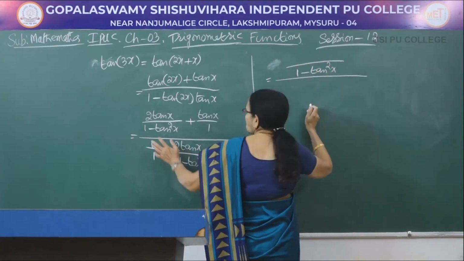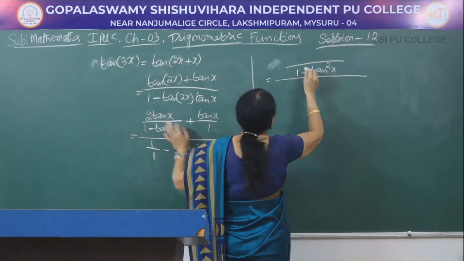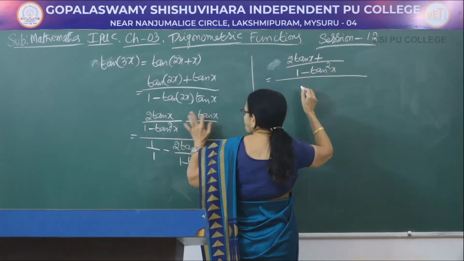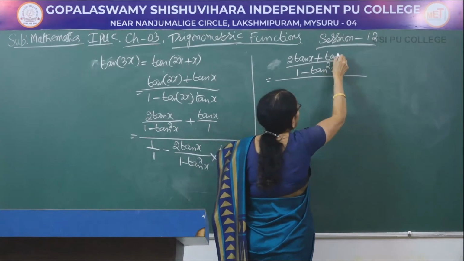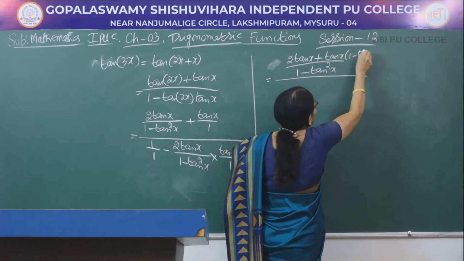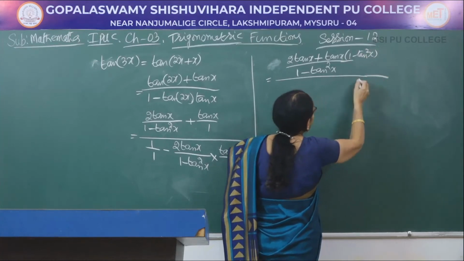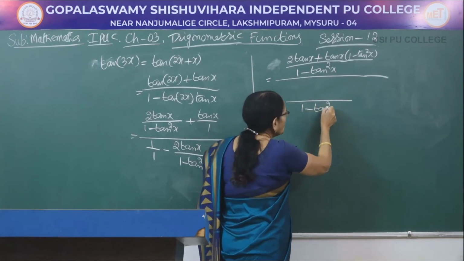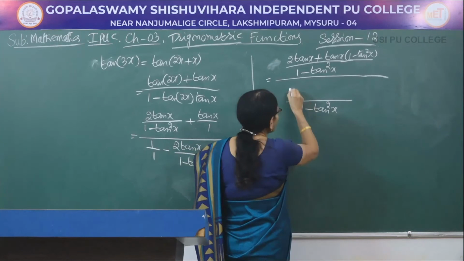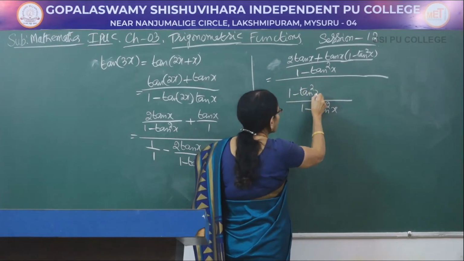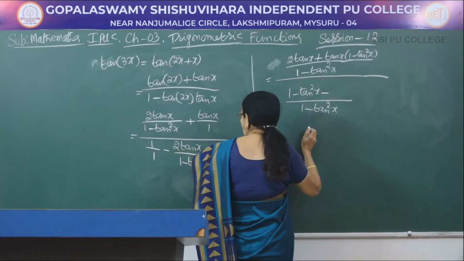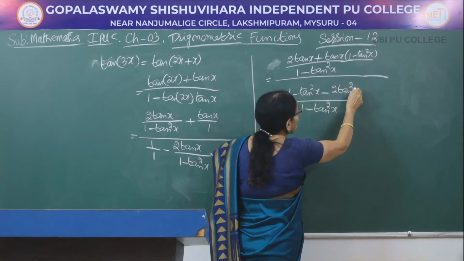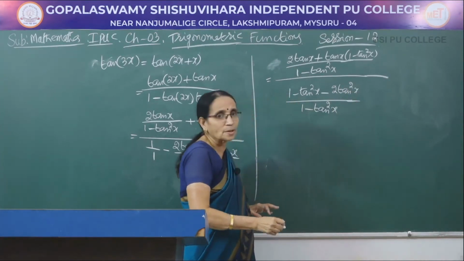Okay. Here 1 minus tan square, if you divide one time into the corresponding numerator is 2 tan x. Then plus tan x into this one. So, write inside the bracket because there are two terms here, 1 minus tan square x. Now, again in the denominator, the LCM becomes 1 minus tan square x. So, 1 into this number is 1 minus tan square x minus, it is 2 tan x into another tan x, it becomes 2 tan square x. Okay, 2 tan x into tan x, 2 tan square x.